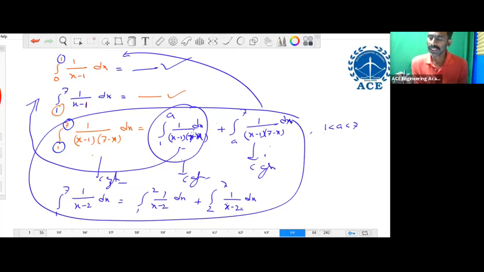When both integrals are convergent, then only this main integral will be convergent. Otherwise, not convergent. Similarly, for this also, when the function is infinite between 1 and 7 somewhere, at that discontinuous point,